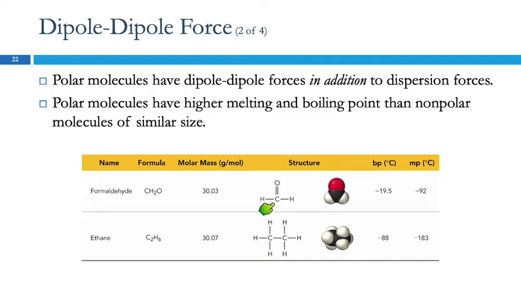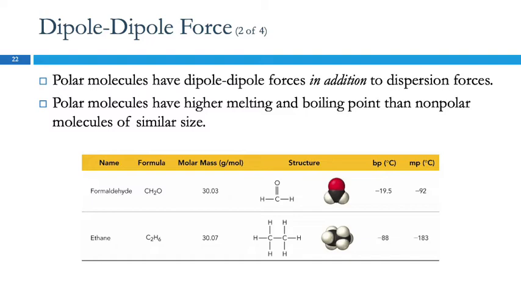So up here, we have no lone pairs, but now we have two hydrogens and one oxygen. That guy's lopsided. Oxygen has a higher electronegativity. It's going to pull the electrons away from the hydrogens. And so this oxygen end is going to be a partial negative charge, and the hydrogen end is a partial positive charge. This is a polar molecule.